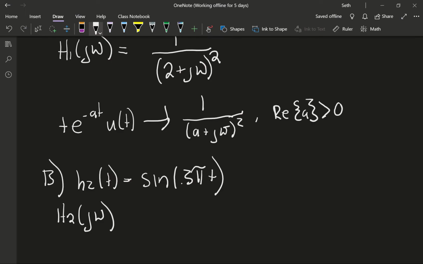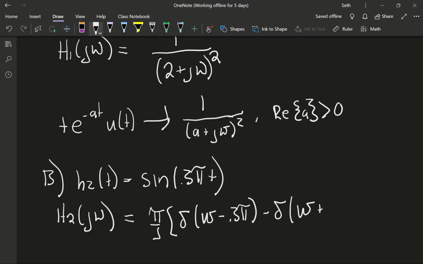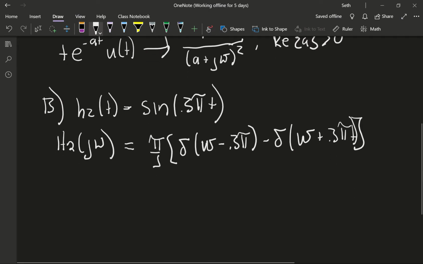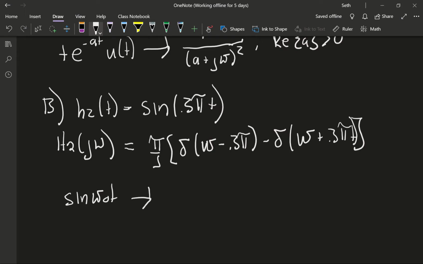So this maps to pi j, and that's because sine omega not t maps to